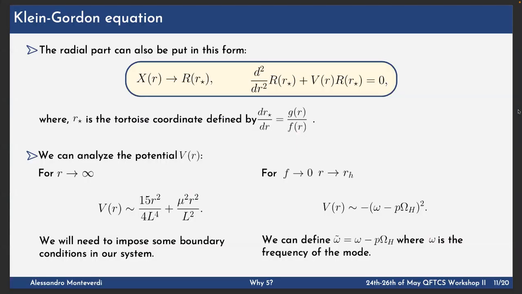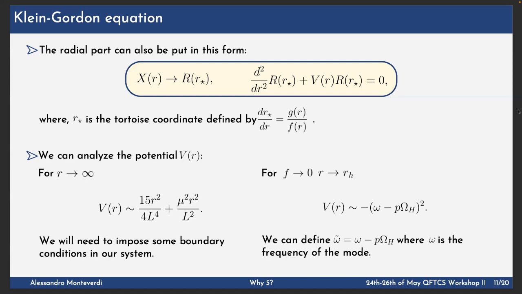Okay, another thing that we can do though, so we solved our Klein-Gordon equation, right? We had the separable field, we put it in, we found the solution for the angular and the radial part. What we can also do though is to put the radial part in this form, which is a Schrödinger-like equation, using the tortoise coordinate r star. And what is important about this is that we can study the potential of the radial part of the Klein-Gordon equation. So we can study the asymptotic limit of the potential, looking at r going to infinity. And we find that the potential assumes this form,